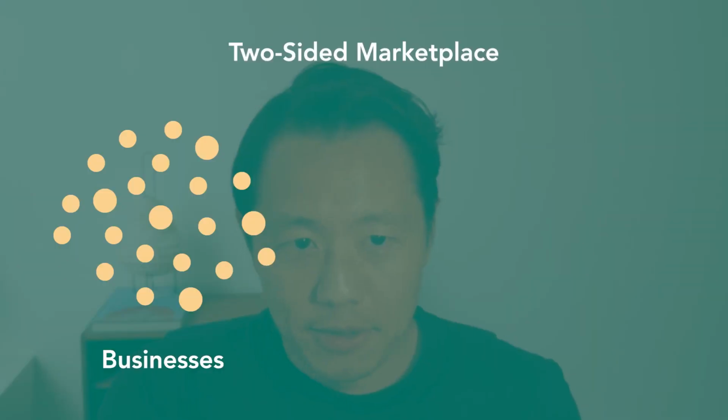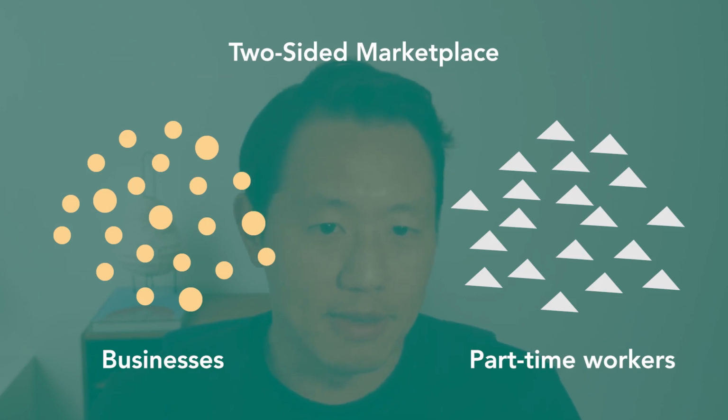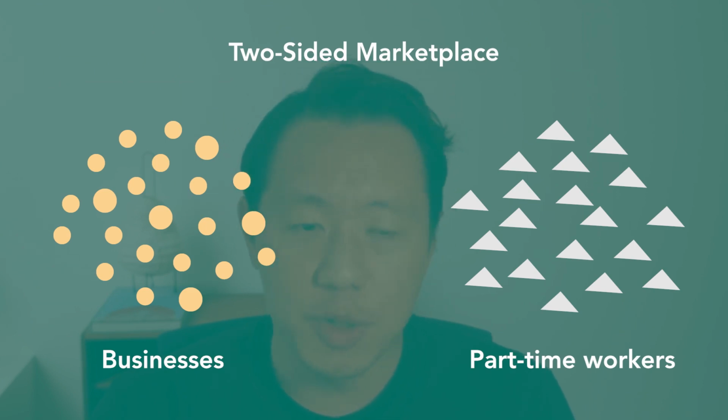Pretty quickly I was like, oh, I wonder if I can solve that with a two-sided marketplace. And two-sided marketplaces were quite prevalent and popular at the time. So my version of this for solving it for my friend was basically, let's on one side get a bunch of businesses who need part-time workers. So people who can, I don't know, wash dishes for them, serve at the restaurant, work at a cafe, that kind of stuff. So on one side there's businesses, and then there's another side, which is people who want to work part-time at these places. I think traditionally this is a lot of university students or young people or recent graduates, but you never know.